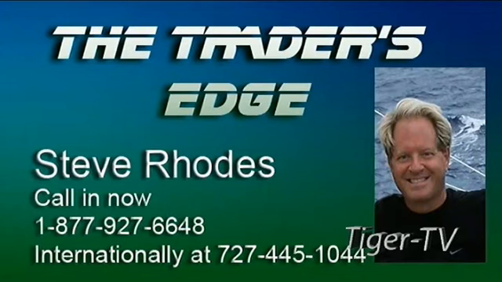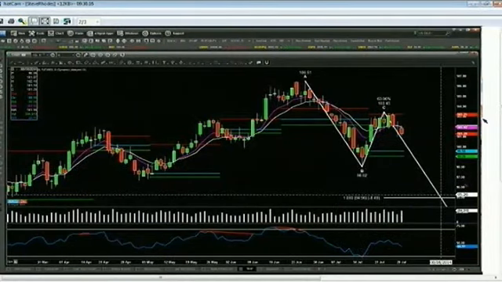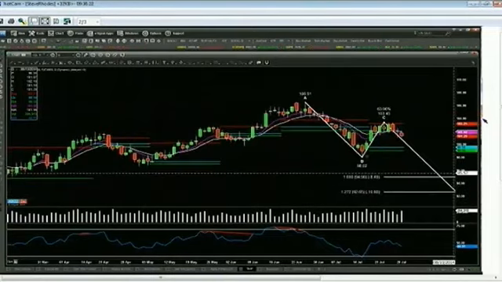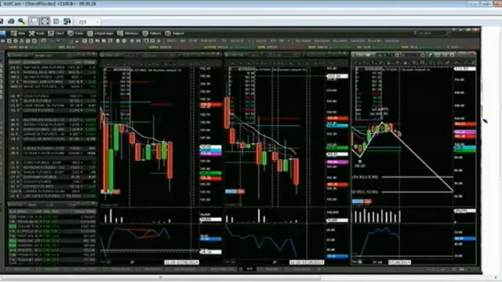If it breaks below those areas, what you ought to expect inside of light sweet crude is to move down to probably the 92.65 to 94.96 area. That's what's going on with that black liquid metal out there. Let's go take a look and see what we have moving in the marketplace.